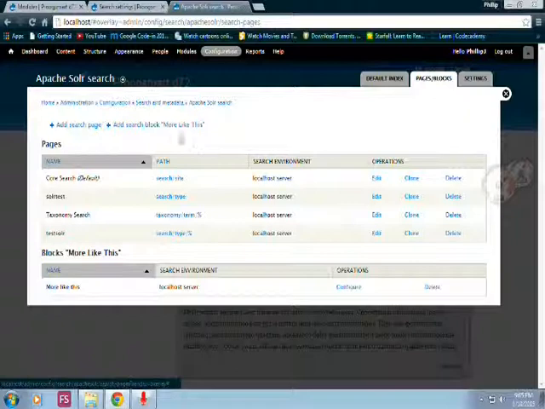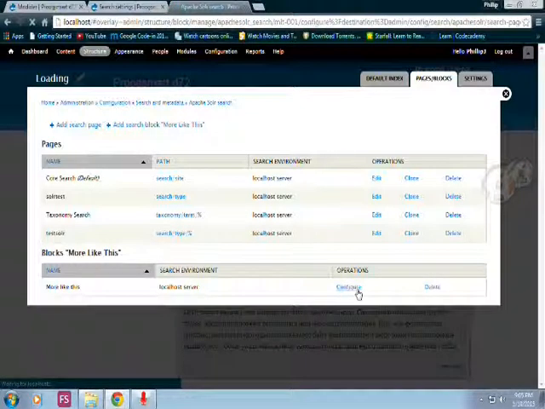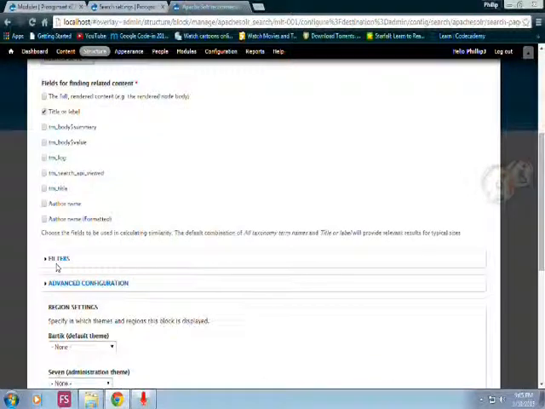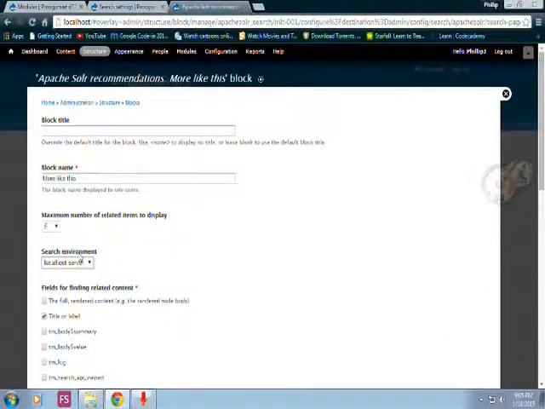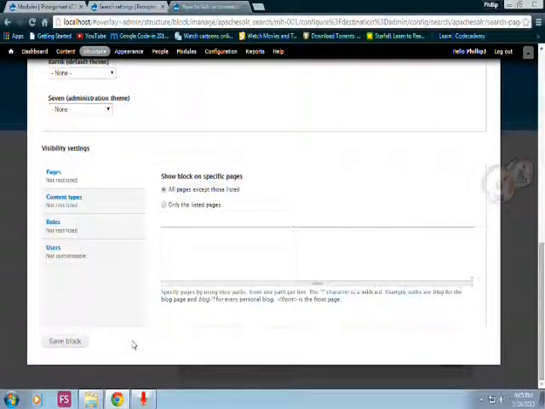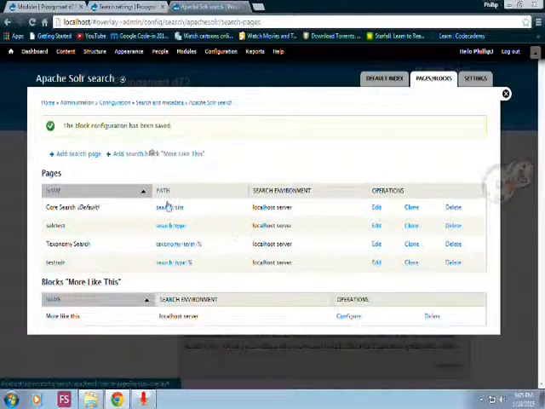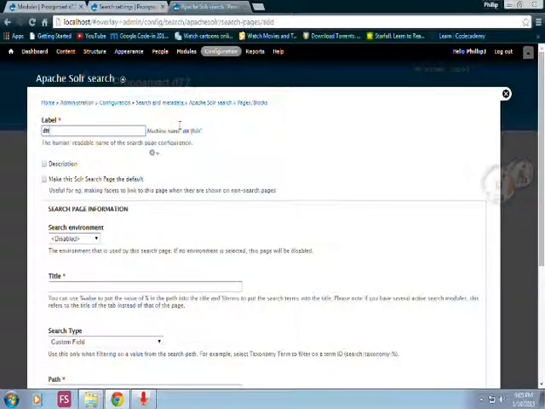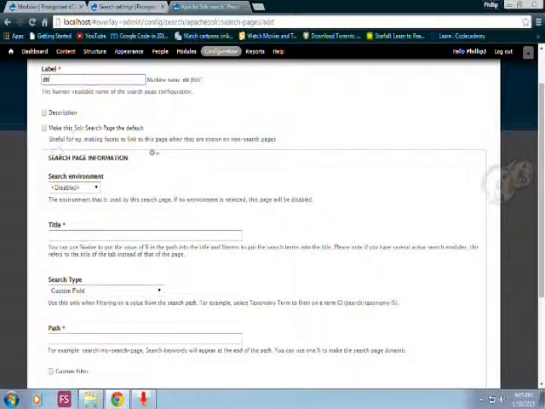So the next thing you'll be doing is to add a search page. But before you're adding a search page, you need to configure your server. You go to configure, fill in the appropriate localhost server and appropriate information which you need, then save block. After doing that, then you can create your search page. You can give your search page an ideal label, a description if you want. Make this solr search page the default if you